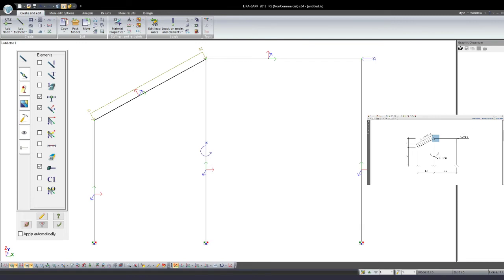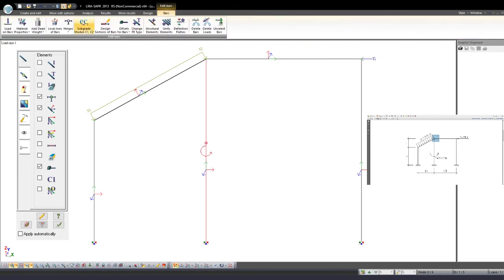Okay, what we do, we select these elements, go to bars, touch hinge, hinges. The second node, because it was first, it's second, UI, and touch apply. It means we create a hinge in this position. After this, I need to create